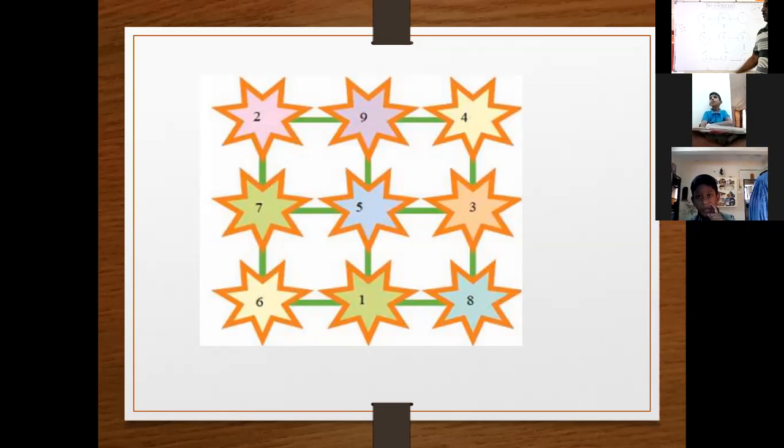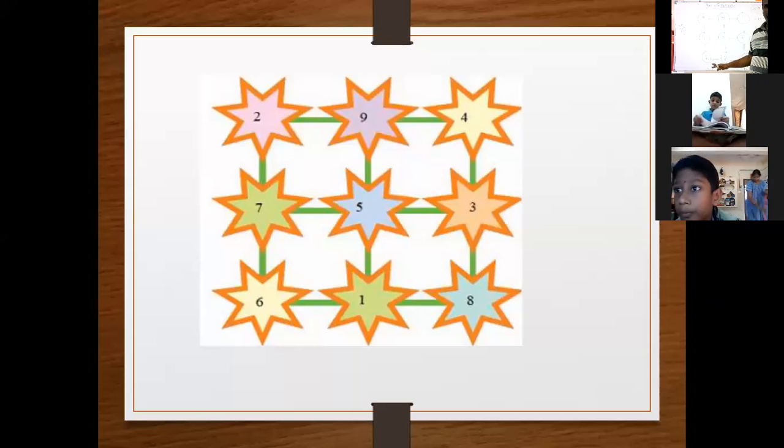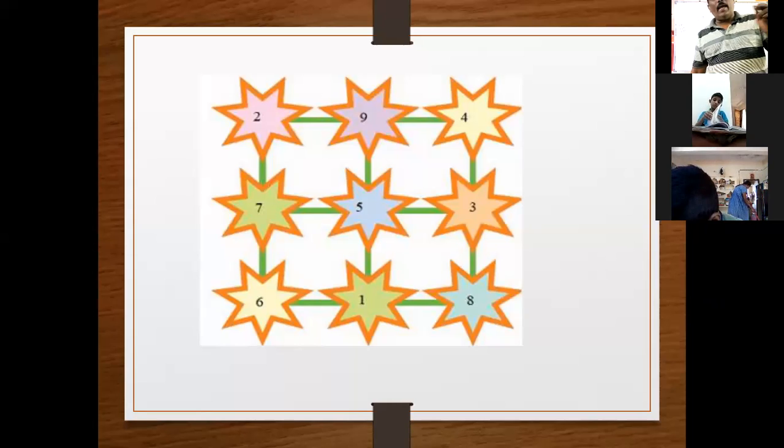There are stars there, no need to put the stars, you can draw circles also. This is one answer where row and column totals are equal. The answer I shared on the screen has diagonal also 15. You can see the diagram shared there on the screen. This only has row and column 15 because the condition is given for row and column, so I tried only row and column here. In that example, row and column and also diagonal are 15.